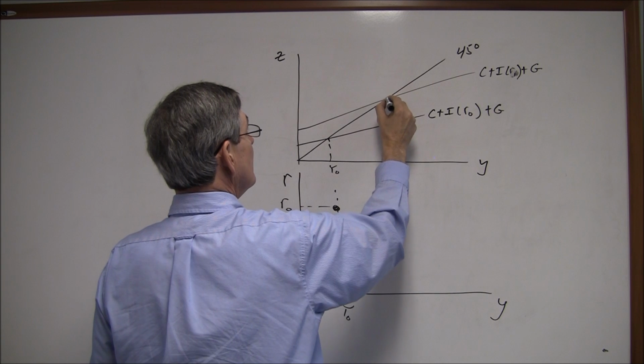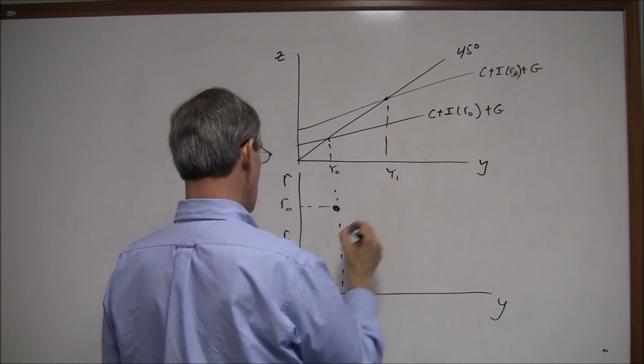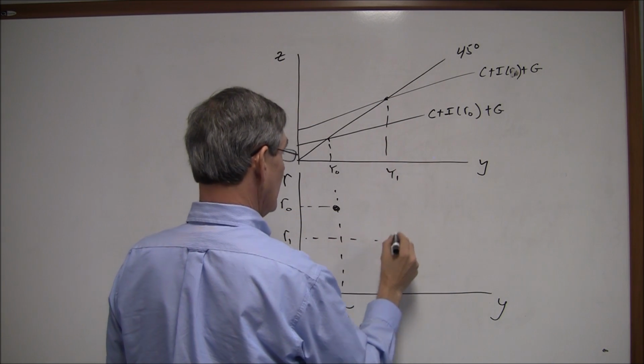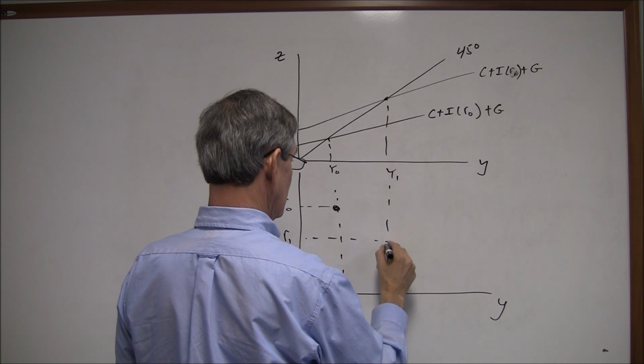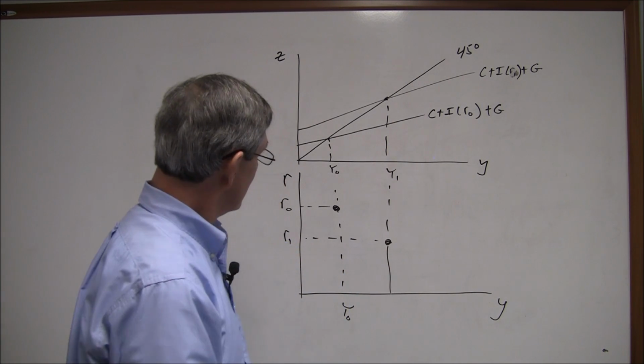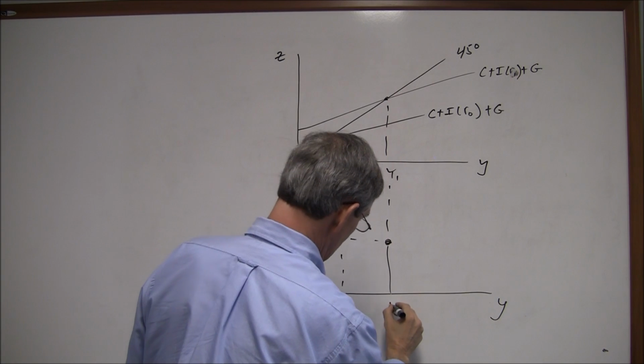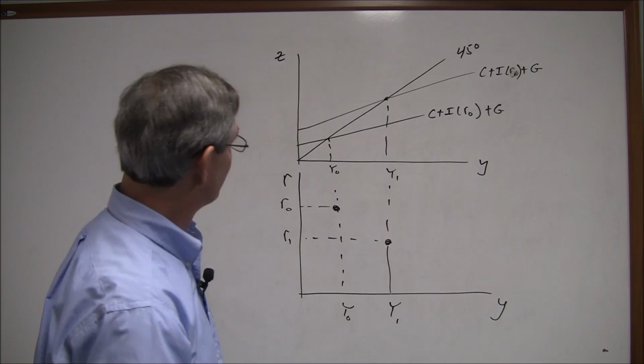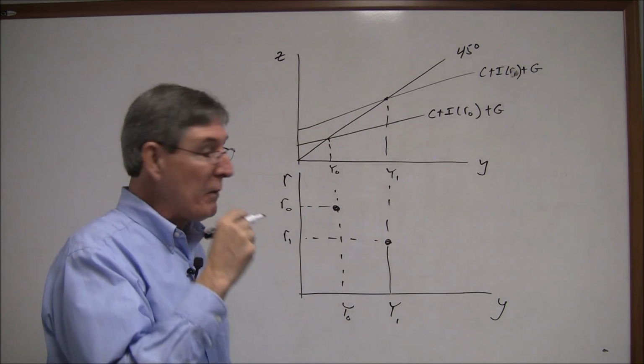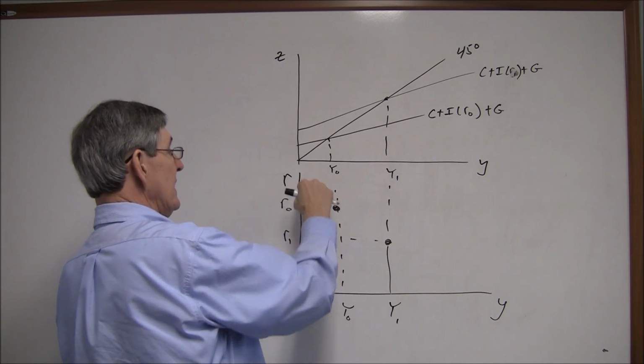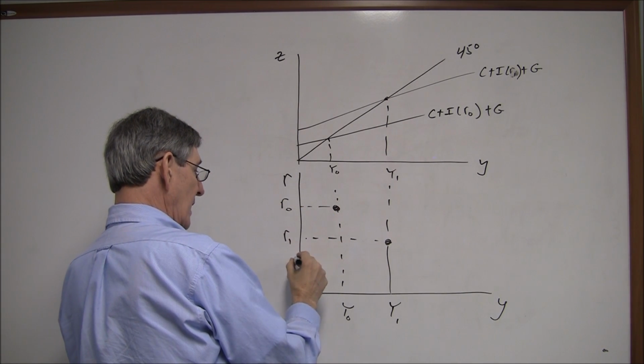And now income goes up to Y1. So at an interest rate of R1, income is Y1. Now we could keep doing this. I could pick an interest rate here or here. Let's just pick one even a little lower, R2,